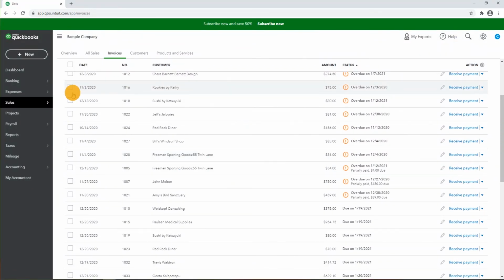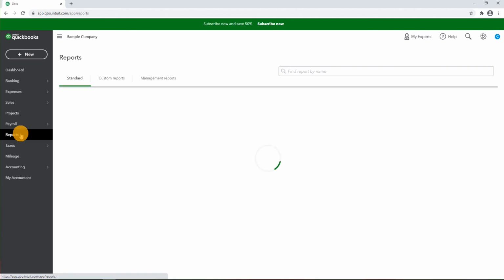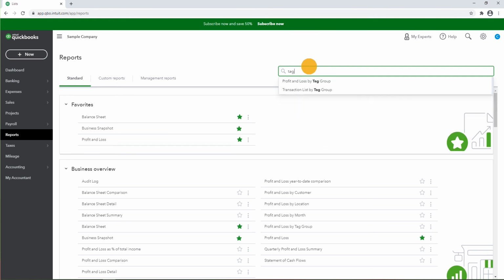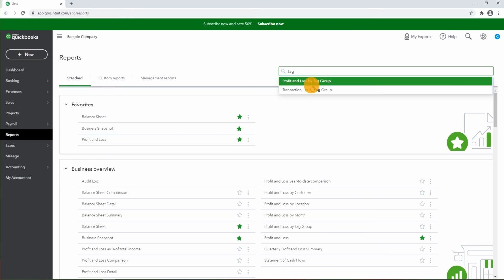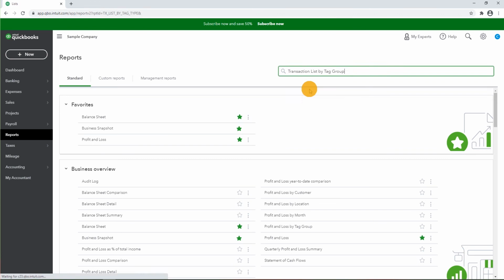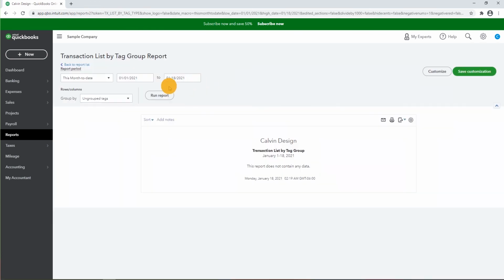Okay, now with the tag information, let's go back to reports to see what kind of reports we're going to use with tags. Just type tag. Typically we're going to use tags for profit and loss or transaction list by tag groups. If I click transactions list by tags, and select all dates,